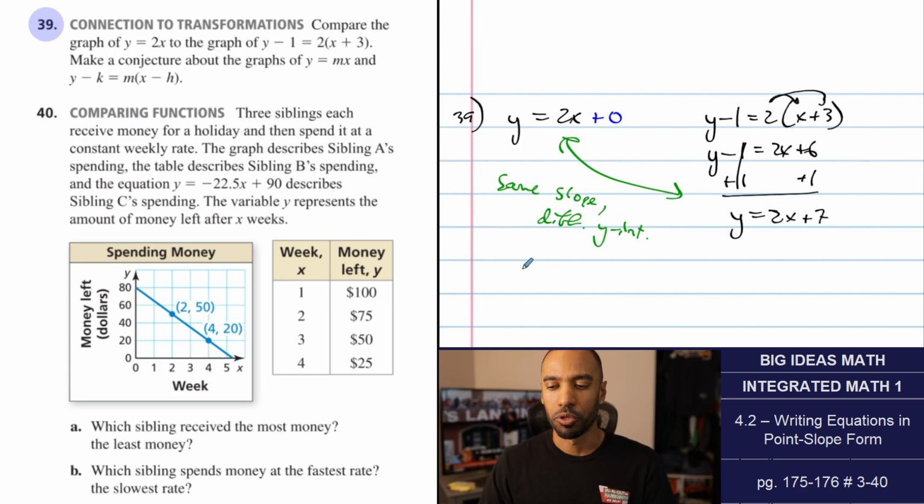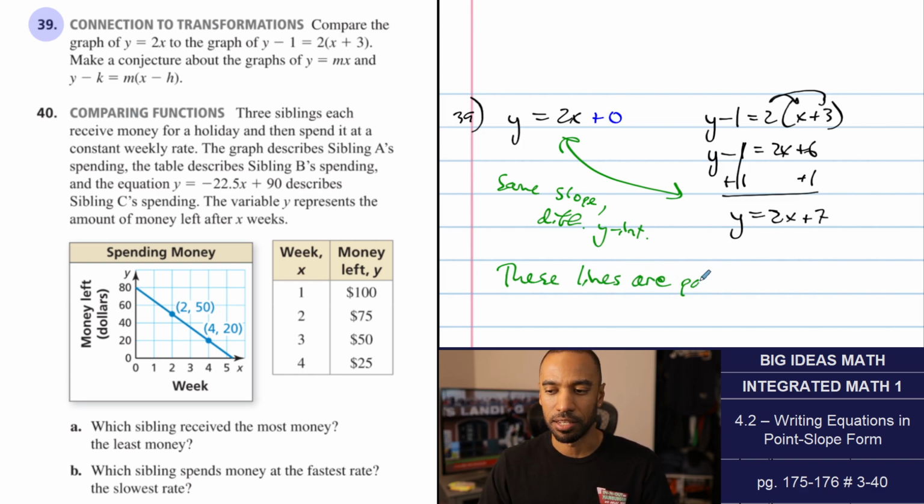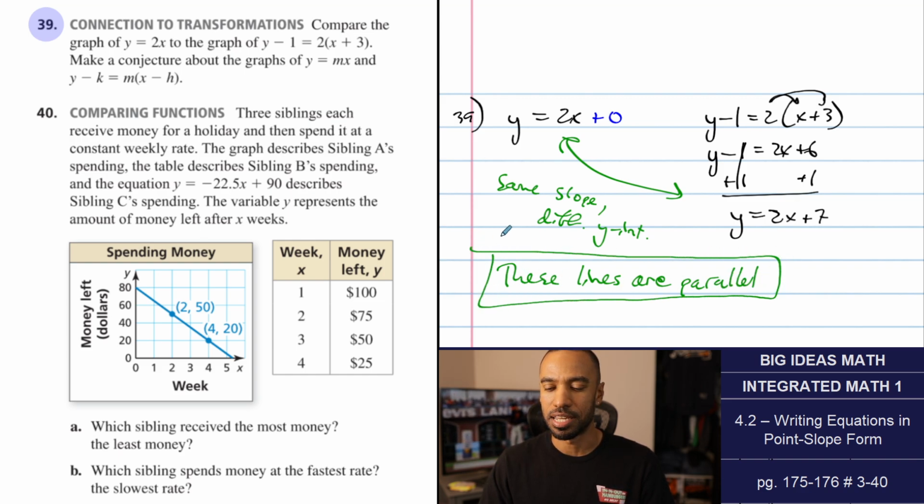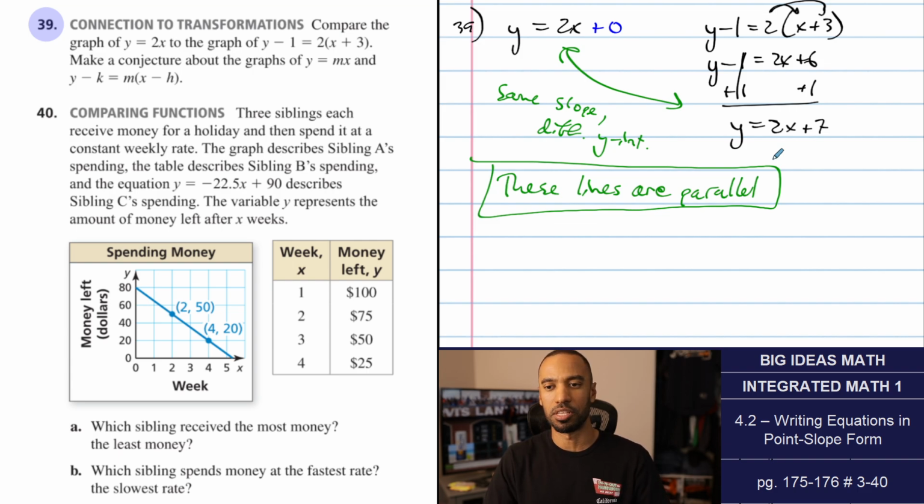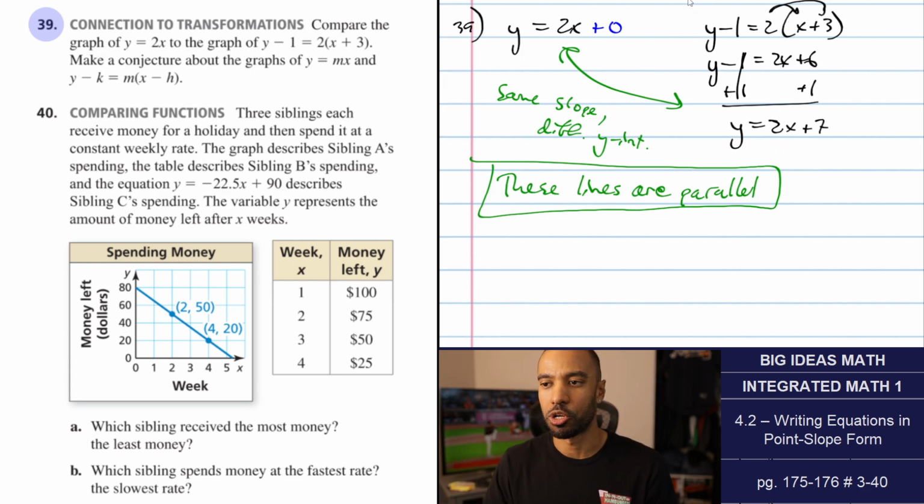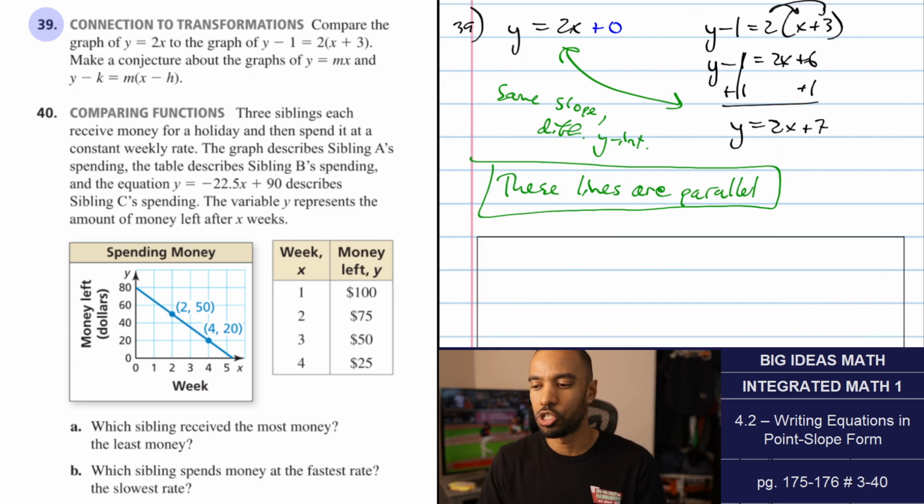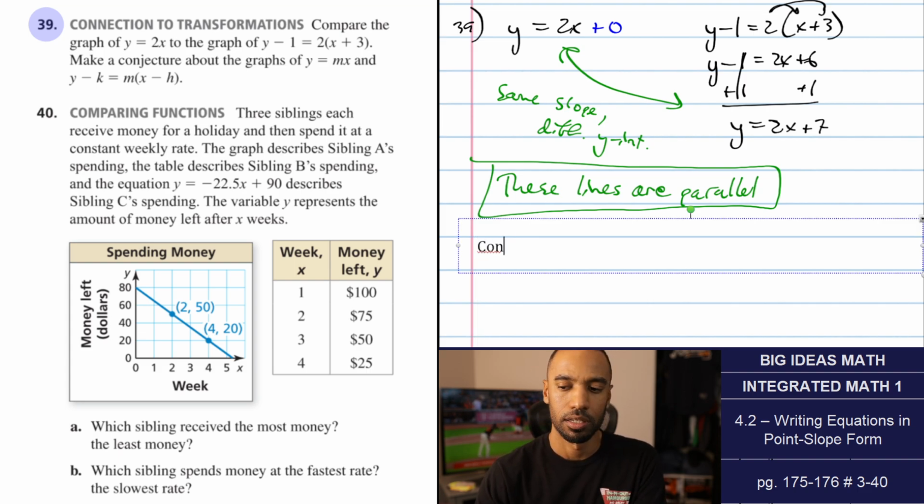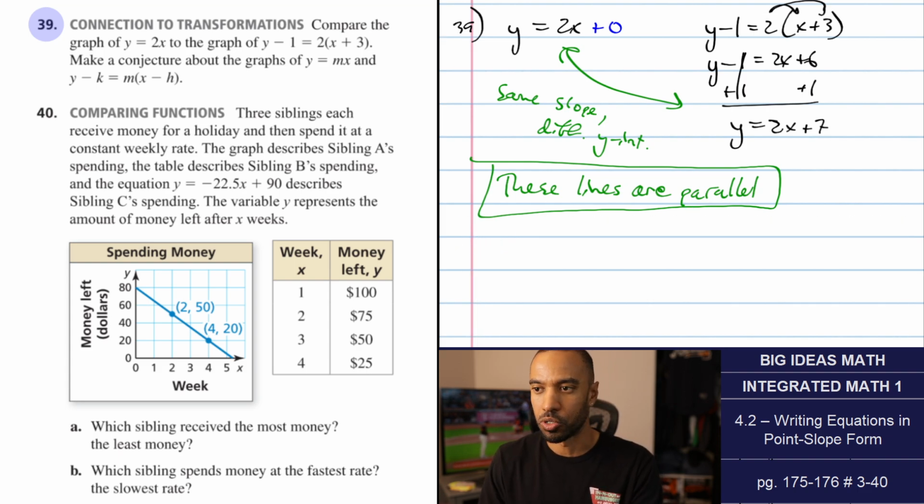But I can draw a bigger conclusion off that. These lines are parallel. Now, I believe the next section is about parallel and perpendicular lines. So you are forgiven if you don't officially know that parallel lines need to have the same slope and different y-intercept, but these lines are parallel. It says make a conjecture about the graphs of these two. My conjecture has to be based off my own personal knowledge and information. But my conjecture is